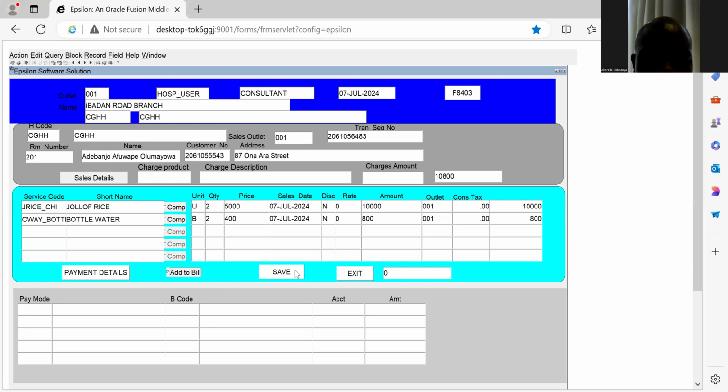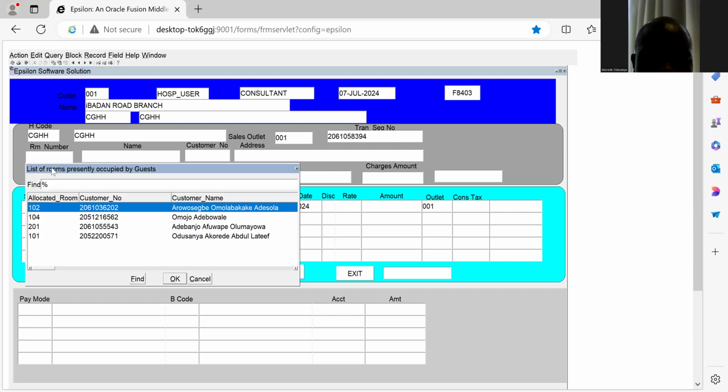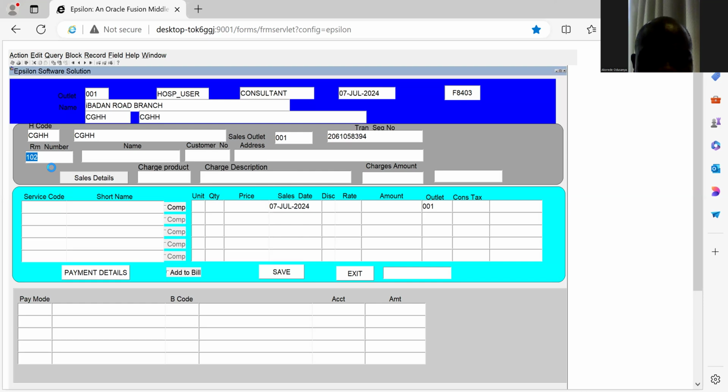So it means if you go to that customer, I want to check out, there must be a pending 10,800 on his record that he needs to pay. So let me say save. That's saved. Now let me pick one more among those that are already there, and let's do another, instead of a room service with adding to my bill, let's do room service with payment so that I can understand how that also works. So I'm picking another person, the person in room 102,